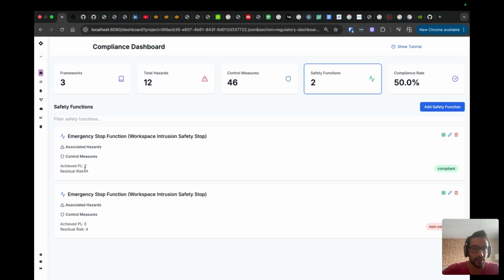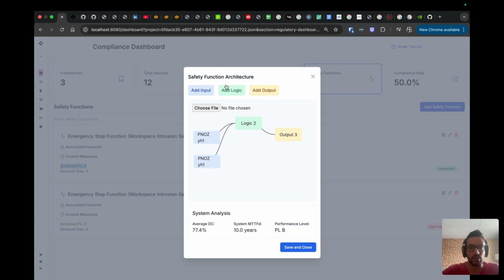And you can see, for example, that if the residual risk is sufficiently low at the end, we mark the safety function as compliant. In fact, the real thing we intend to do here is compare the achieved PL to the original PLR of the associated hazards, which will be in place very soon. So that's great. Let's take a look at some of this new logic for the actual Pascal safety function architecture